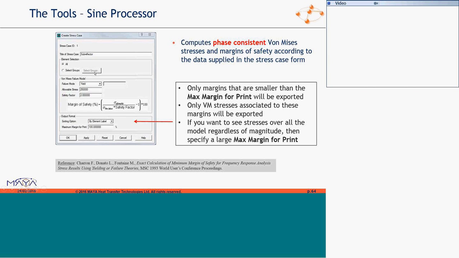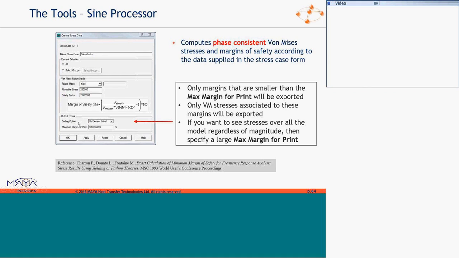So combination of elements, either all or selected groups, a double strength, safety factor. We use this equation here to generate margins of safety. And the stresses are stored in the OP2 file in the model that you define in an X. So unfortunately, even though you get group out of an X, you have to basically define your allowable stress, either yield or ultimate. That is just for information.